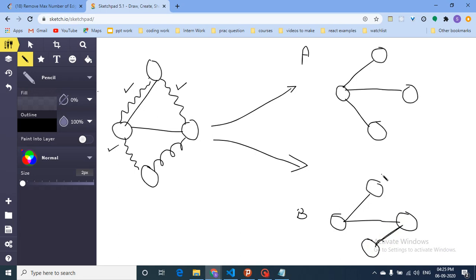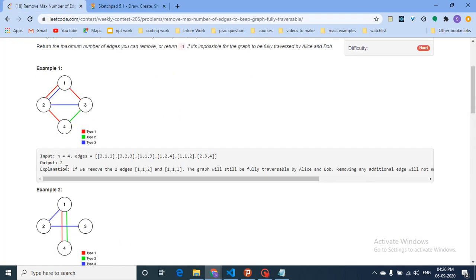Now what you can observe here is I will find out what are the edges which are not drawn in both of these graphs, and that's the answer. Because I don't draw this edge, this edge is missing. I don't actually draw this edge, this is missing, and all the rest of the edges are present in either of the graphs. Like check whether this edge is present in either of the graphs. It is present in this, every edge is present, so only these two edges are not present, so the answer is 2. I hope you understand the logic part now.